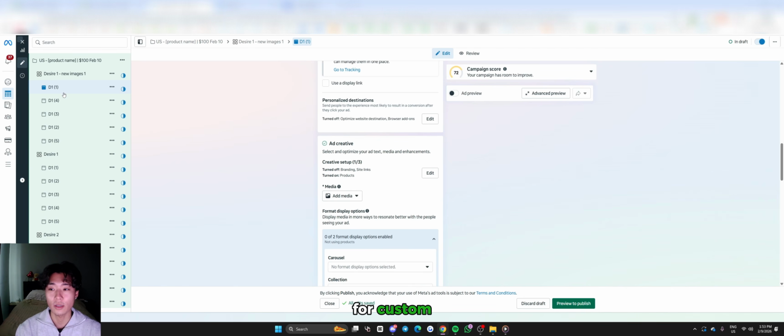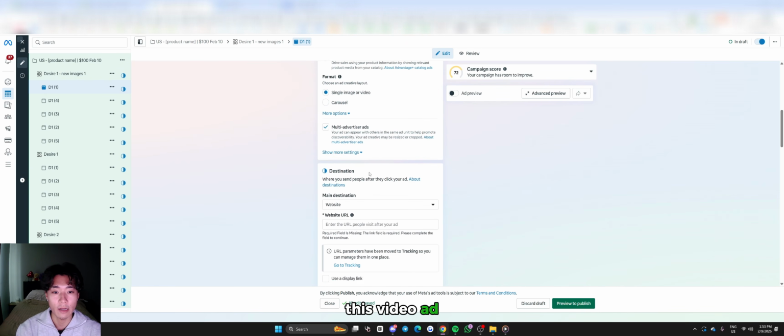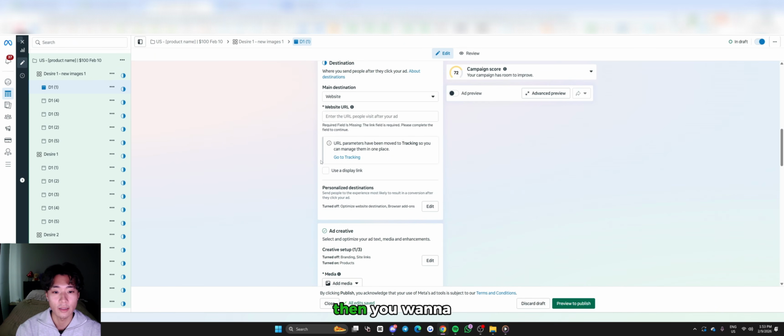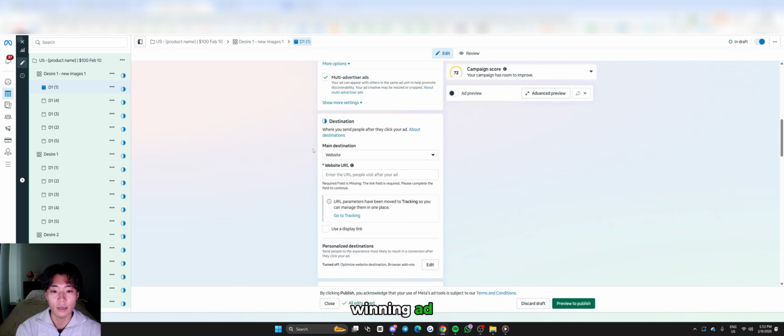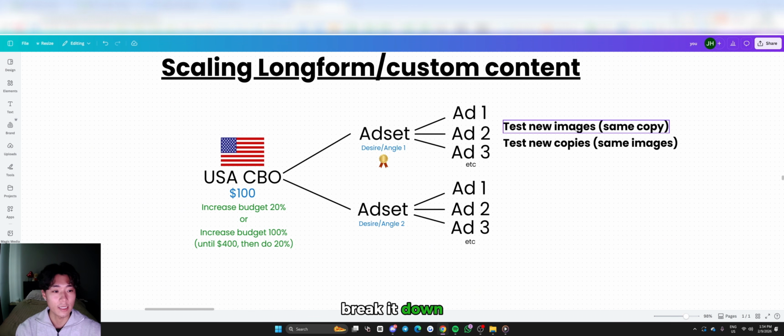And it's the same for custom content. Let's say this video ad is getting the most spend. Then you want to make a similar video ad and just put it in a new ad set. And you can make 5 different iterations of that one winning ad, and each iteration would go into one of these ads. So to kind of break it down here, for the long form, you want to test new images